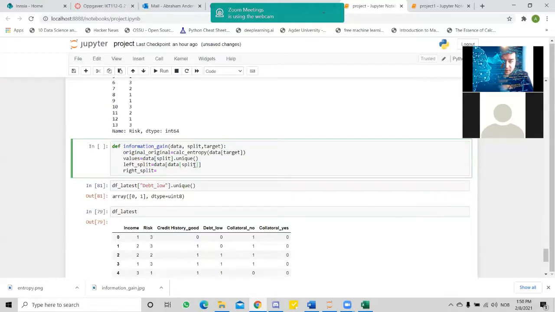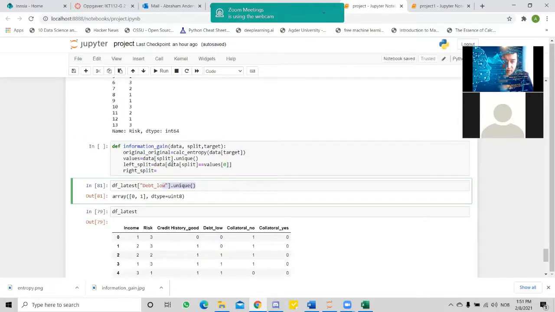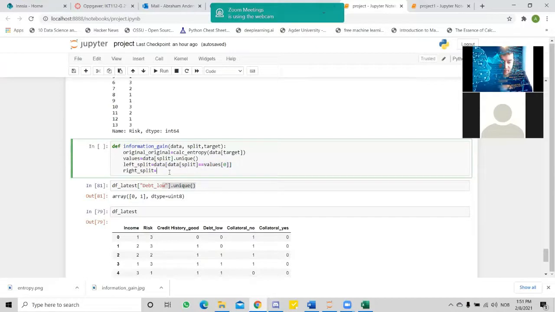The algorithm takes the splitting point, and if it equals the value of 0, the first unique value, I am choosing that as my left separation point. I will choose the same thing for my right, but I will change the value not to 0 but to 1 for the right one. Okay,